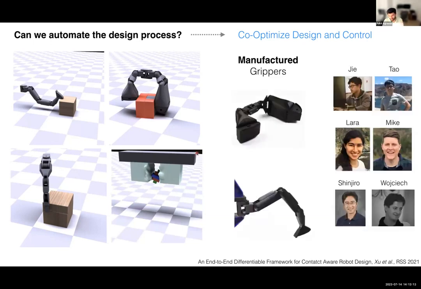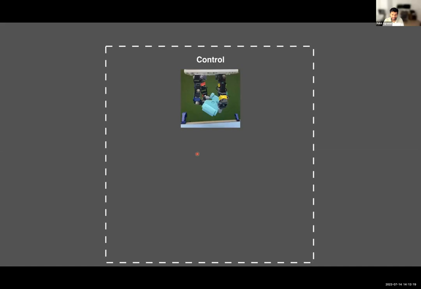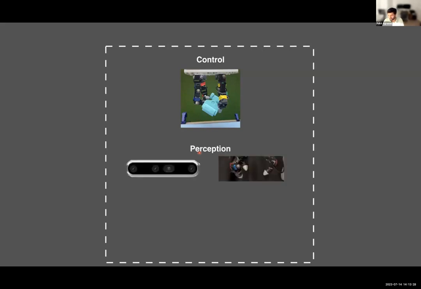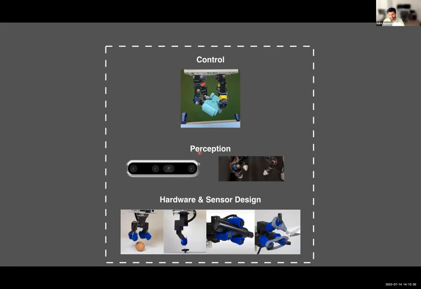We can manufacture these grippers, work done in collaboration with them. So in summary, I think attacking this dexterous manipulation problem requires advances not just in control, but also in perception and hardware. And what I presented you was a full stack perspective on how we can think about making progress